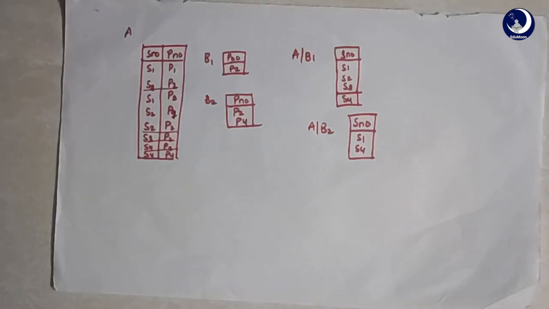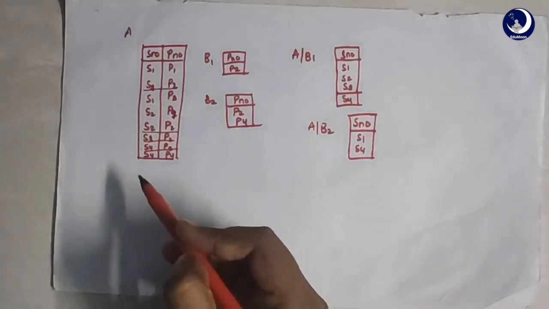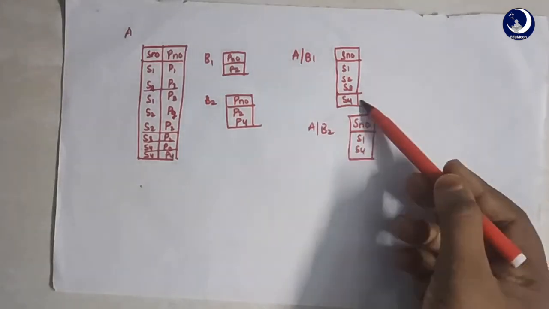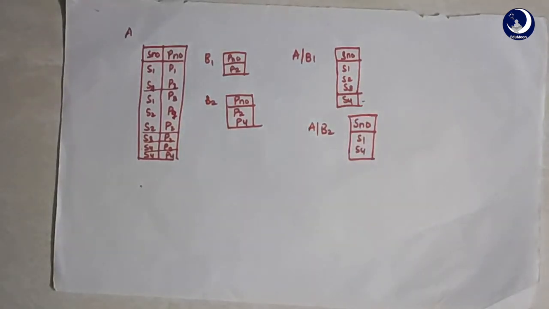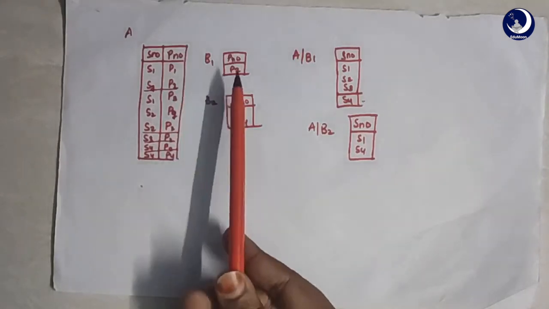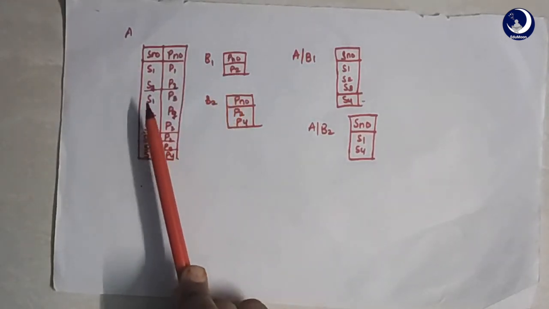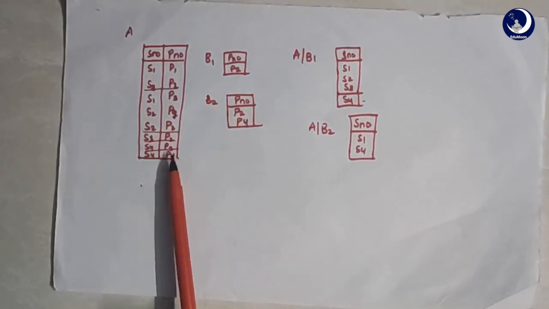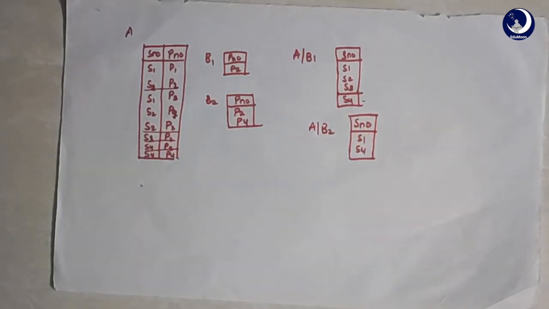Look at this example. Here we have the A instance table, which is this, and then we have two other instances B1 and B2. A by B1 is going to give a resultant whose values are the attributes present in A that are associated with every value in B1. So A by B1 is going to give C. Just pick the attributes from A which are associated with P2, right? S1 is associated with P2, S2 is associated with P2, S3 is associated with P2, S4. So this relation is going to have S1, S2, S3 and S4.